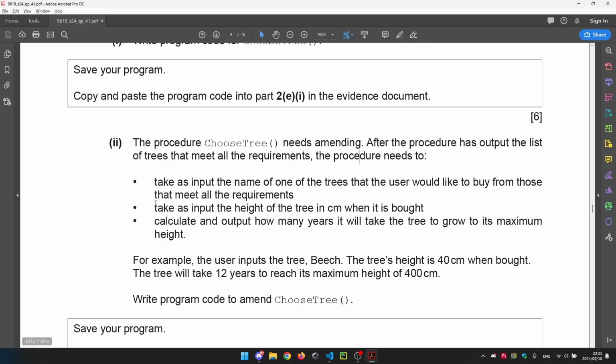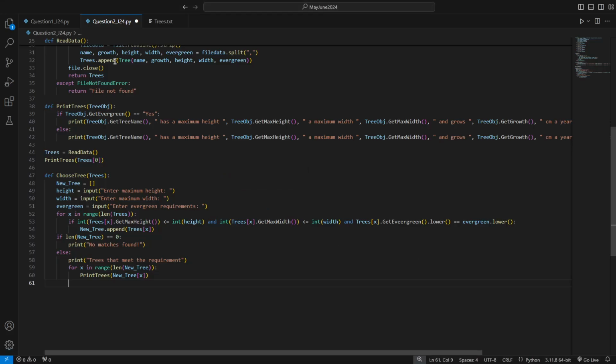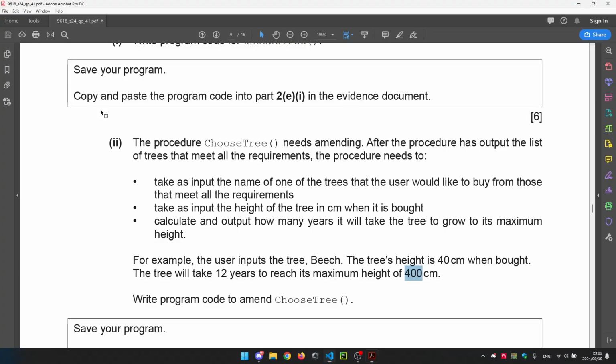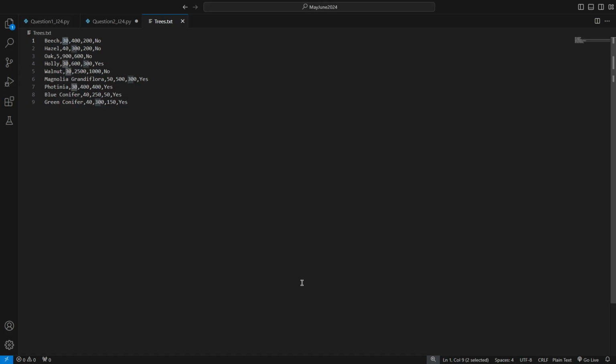So after this is done, we want to take as input the height when it's bought, take input the one the user would like to buy from those trees, input the height when it was bought, and calculate out for how many years the tree would grow to its maximum height. For example, 40 centimeter when bought, beech, it's going to take 12 years to grow to its maximum. So how do you want to go and calculate that? You want to calculate that by looking at the time taken for how many years. So when beech was bought it was 40. So we want to do 400 minus 40. All right. So if you go ahead and do 400 minus 40,